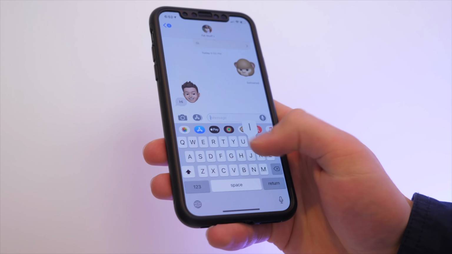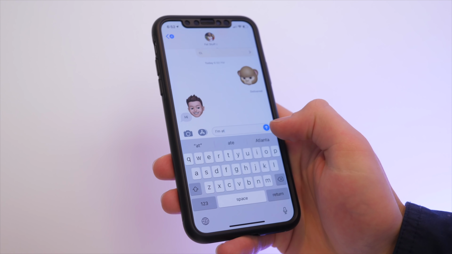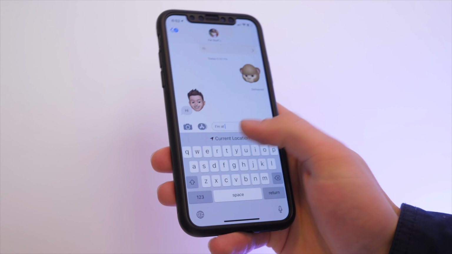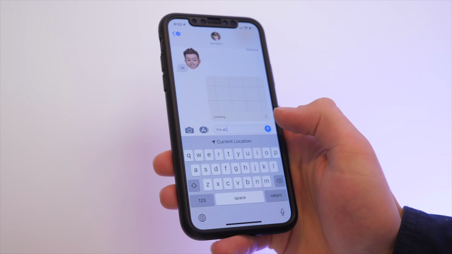If somebody's asking where you are, or if you're trying to send your location very quickly in messages, if you actually start typing "I'm at," it'll pull up a little option to autofill your location and send it, and that's very handy. So if somebody asks you, where are you, how can I get to you, whatever, you just type in "I'm at," and then you click that and it sends your location. It doesn't permanently send your location, it's just at that exact moment.